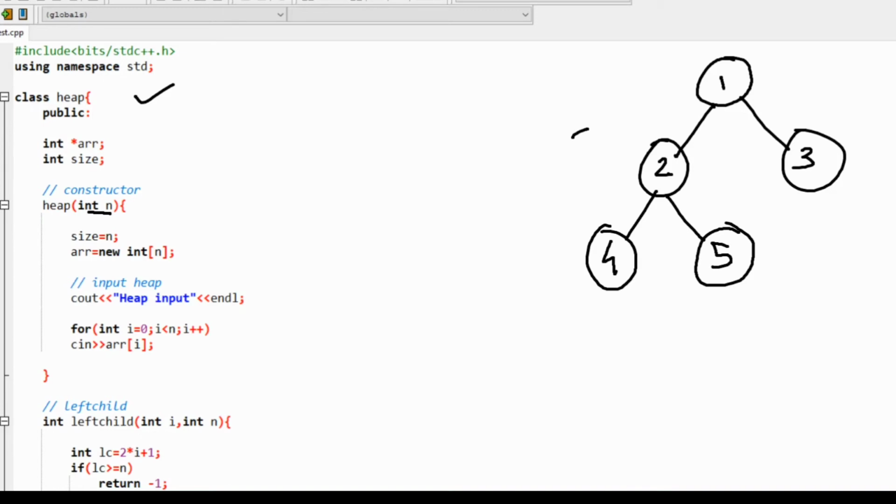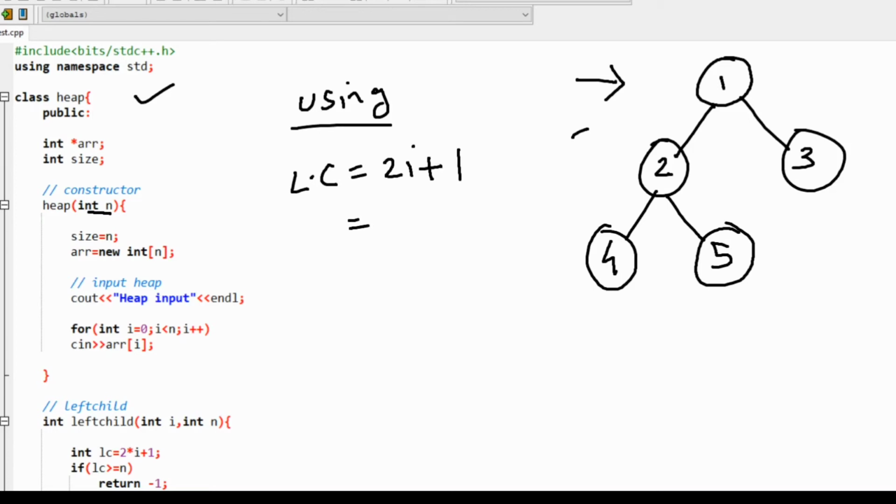after creating the constructor, the next is the left child. Okay. So suppose I want to find what will be the left child of the node having value 1. Using this tree diagram, we can easily check that the node having value 2 is the left child. Using the formula which we discussed in the previous video, the left child is nothing but 2i plus 1.